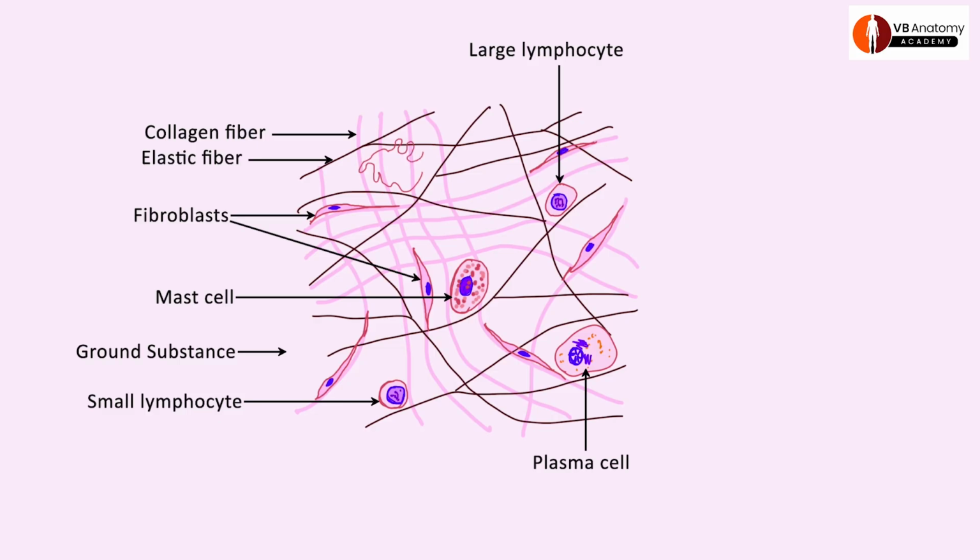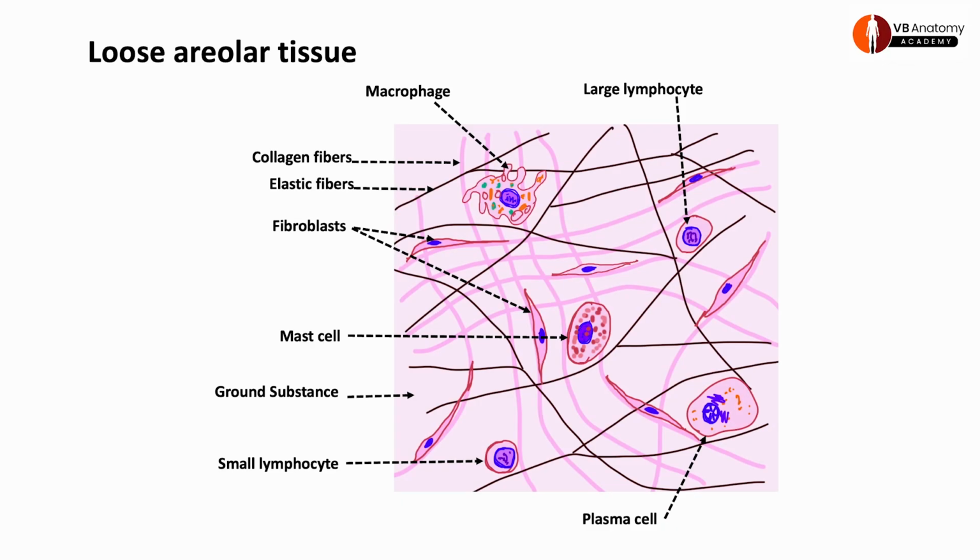Now let's draw a macrophage. Remember, this is a cell which has so many projections from it. Draw those. Draw your somewhat kidney shaped nucleus. Draw the cellular contents. A few fibroblasts. And there you have your slide of loose areolar tissue. Label the slide well, making sure you have labeled all the cells, the collagen and elastic fibers, and finally the